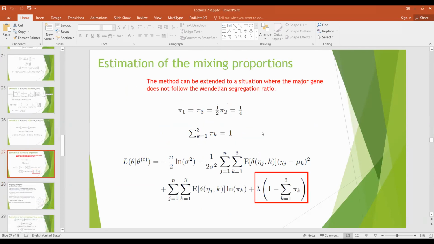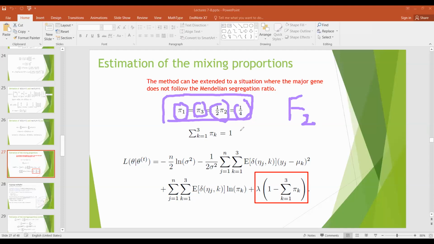And this slide actually shows you that the example I gave you is a very straightforward example for an F2 population. In F2, we knew the genotype frequency follows a known pattern, right? It's easy. But for some general situations, if the locus is not following these proportions, which means the proportions of the 3 genotypes are unknown,